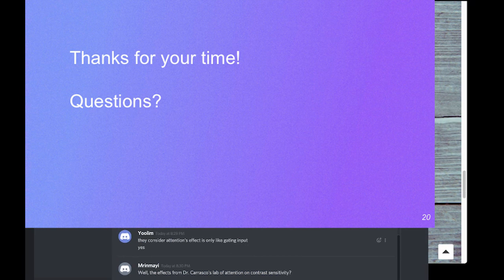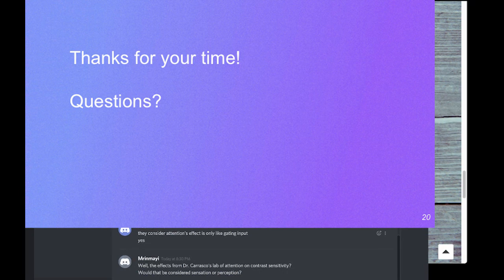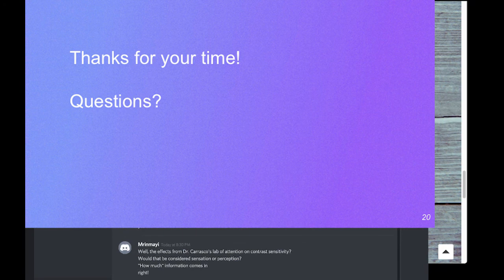Gos lab on contrast sensitivity. The contrast sensitivity. This would be sensation, right? The literal way that the early visual system is interpreting the input. If you're attending to this object, then the input is going to be clearer. You're going to have more resources from the attentional system to be used on that focused attention. That's an example of it being fairly clear that it's sensation and not perception. Aspects of attention that are more confusing between the two, it's pretty obviously an early visual process, but